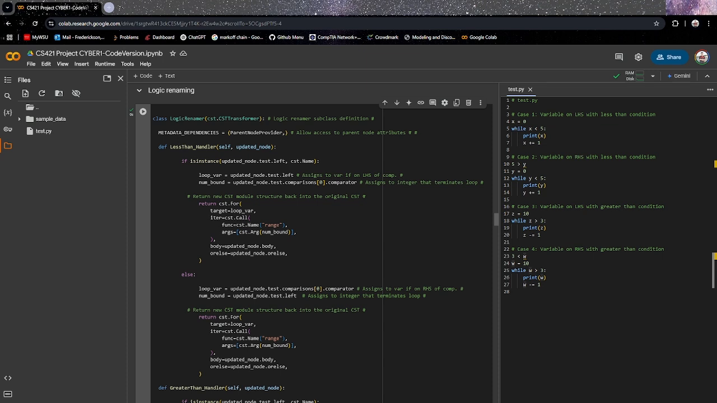Hello, everyone. This is Brian, and I'm going to be showcasing my contributions to Sprint 4. So one of the features that I started implementing was the logic renamer. So in previous sprints, we just had the variable and function renamer to increase obfuscation and to change up the words of